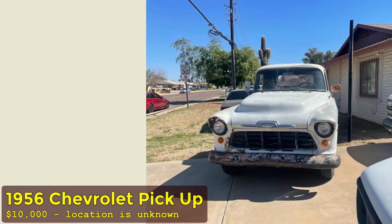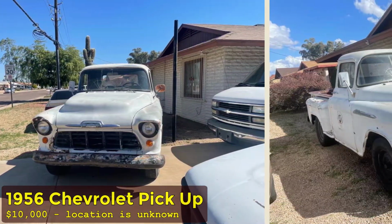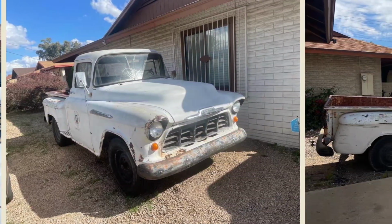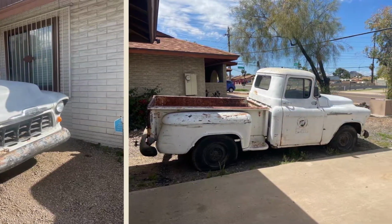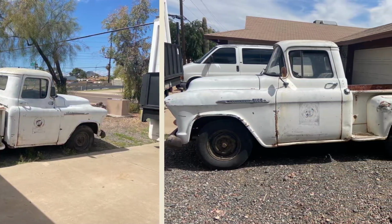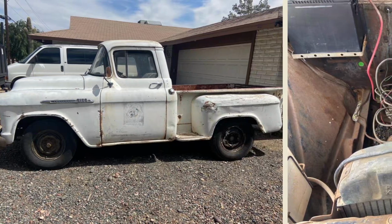Number 1. Introducing the 1956 Chevrolet Pickup, a classic vintage truck that captures the essence of American automotive history. Powered by a 235 inline-six engine paired with a 3-speed column-shift manual transmission, this truck runs, drives, and stops as it should. It features a solid short bed, adding to its timeless appeal, though it requires some repairs to the